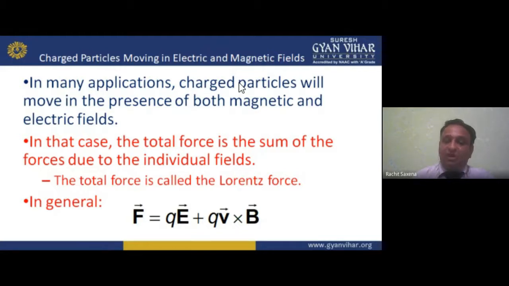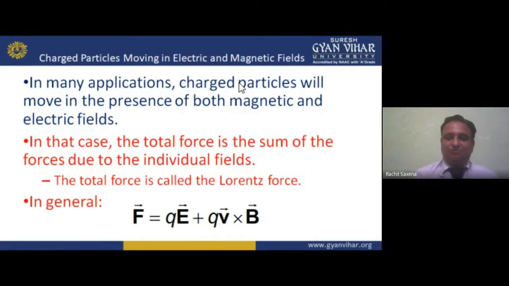As per the Lorentz force, we add all the forces. One is due to the electric field, another is due to the magnetic field. Two fields are there, so one force acts due to the electric field and another due to the magnetic field, and the addition of those forces gives you the total force, that is the Lorentz force. So the Lorentz force is QE due to the electric field, where E is the electric field and Q the charge, and the second force is due to the magnetic field, that is QV cross B, the charge's velocity crossed with B gives you the force. I hope you understand.